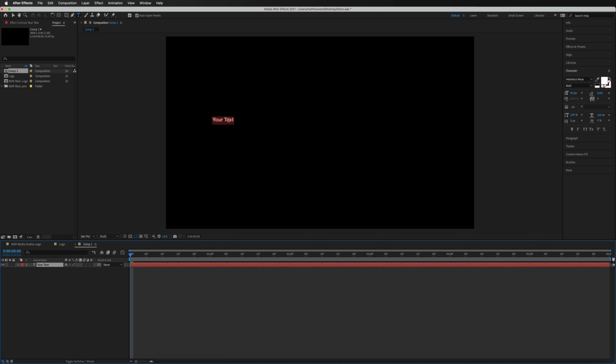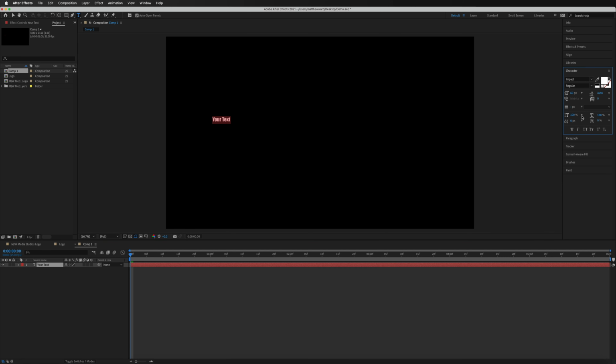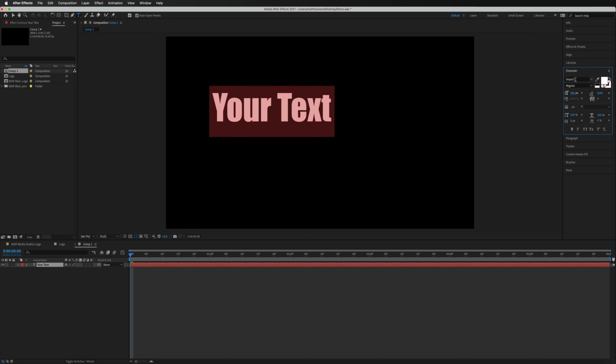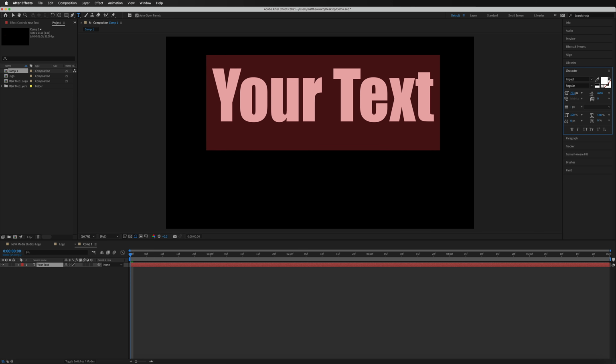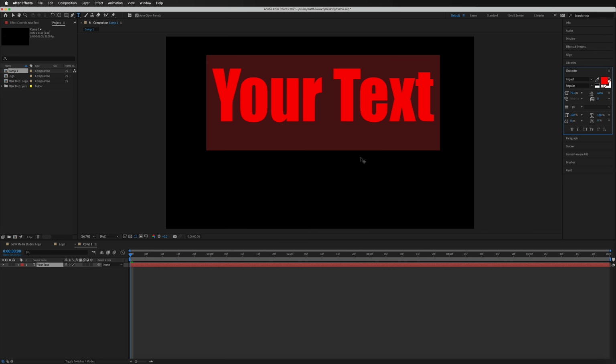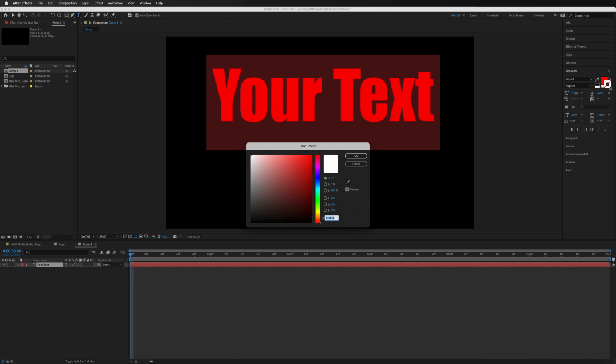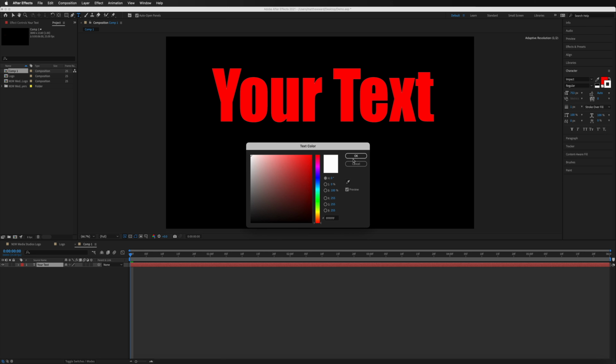And with your text highlighted, you can come in here and you can change the font if you want something different, as well as the weight of your font, or maybe make the text a lot bigger so you can see it. Just going to make that a lot bigger so you guys can see that on your screen. And we can also change the color right here to be something else, maybe go for red. And we also have the option to give this an outline or a stroke, just with that box in the background of the red. If we go ahead and swap that around and then just double tap and give this a color of white perhaps.